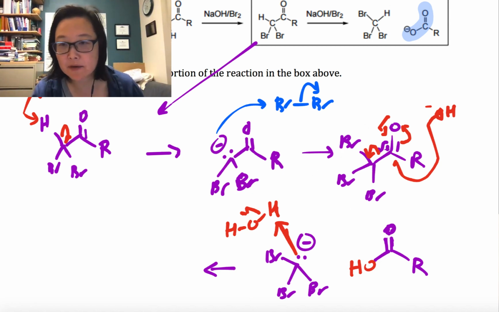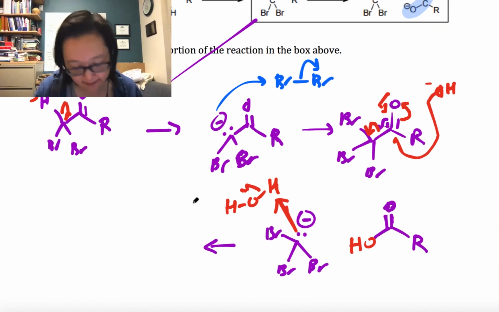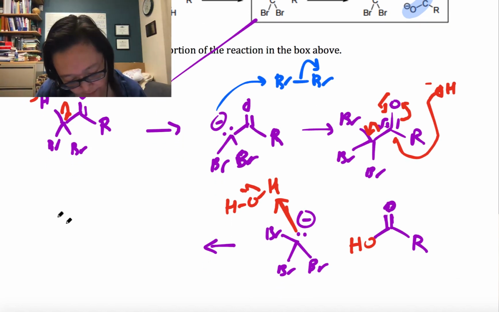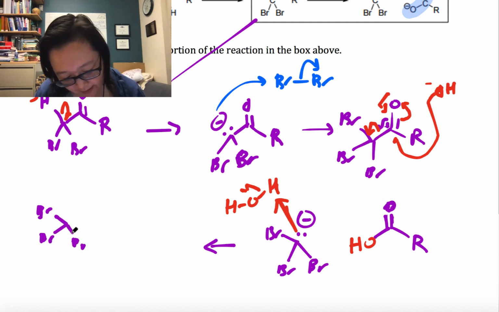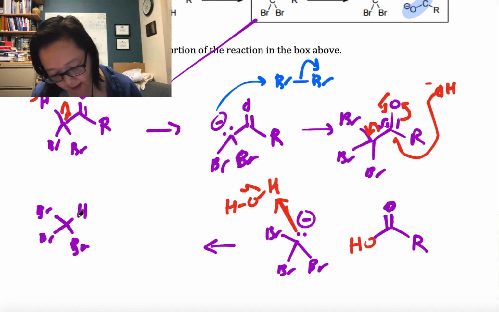Historically, this reaction was done with iodine, because iodoform makes a yellow precipitate. So you could use it as a test for whether you have a methyl ketone. That was very useful. So these are supposed to be bromines. So we have CHBr3, and then we have this